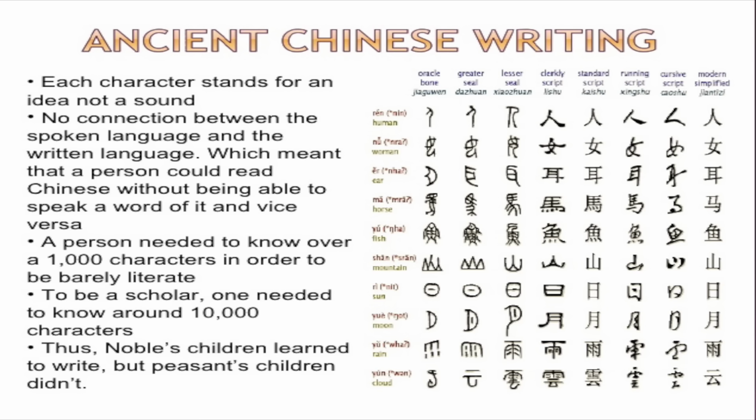So again, this writing system, which is really revolving around ideas rather than sounds, is going to carry on to Chinese writing today. You can speak the Chinese language, but you might not be able to read the Chinese word. So that's going to be really important in the sense of you're going to have a lot of different languages that are spoken throughout China, but the written language will unite them all. Of course, it means you're going to have a lot of people who can't read as well. You had to know like 1,000 symbols to be able to read a sentence.